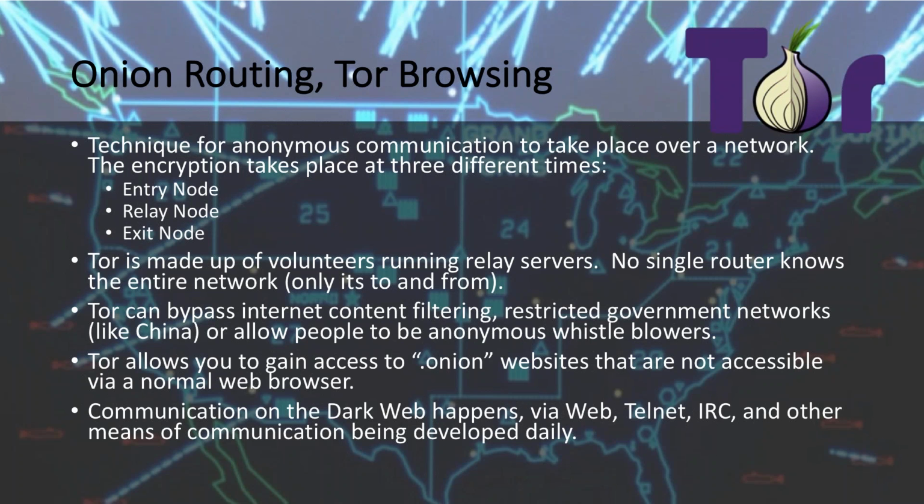Tor also allows you to get to what's called an onion site, which essentially is a website that's not accessible from a normal browser, that's not necessarily searchable, and you have to use that Tor network to get to it. Yeah, and this is where you would get access to that version of DuckDuckGo that does index those onion sites. And then in terms of the dark web, to communicate to it, you can use a Tor browser and some other software. You can use telnet, IRC, and there are all these other tools being made so you can communicate a little bit more anonymously.